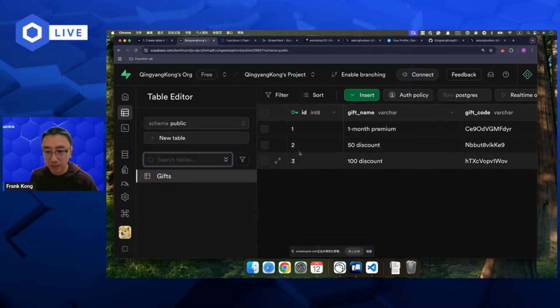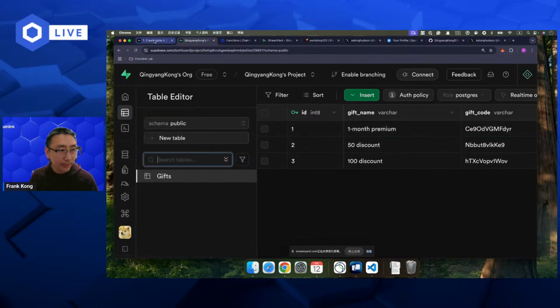We are going to read this table when a new request comes from the user on Twitter. The AI will trigger the function, and Chainlink Functions will read the data from this table and check if it matches the gift code from the user.